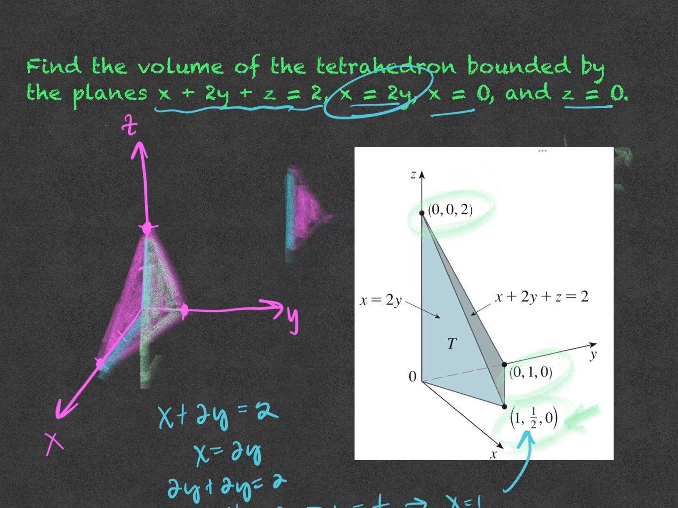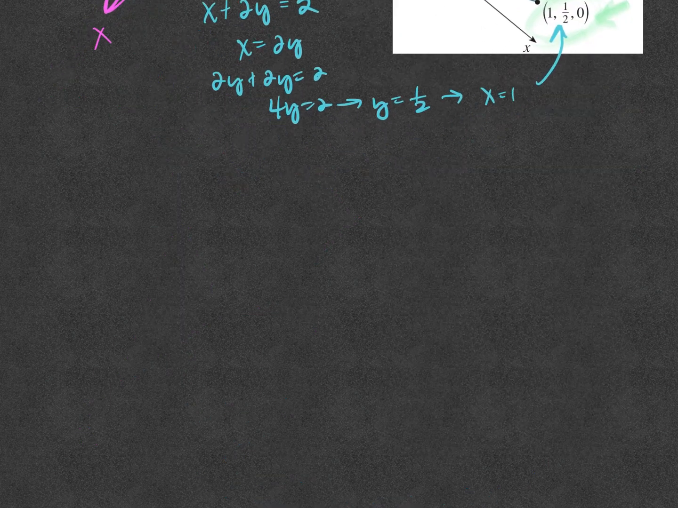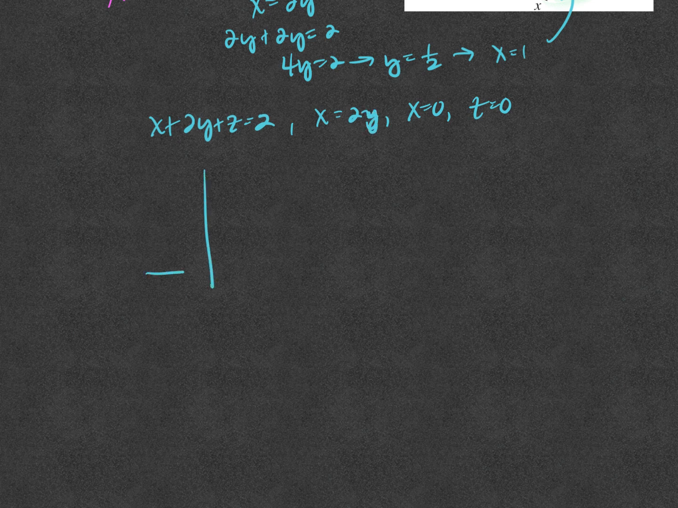So I'm going to copy this equation down a little bit farther down. Let's just bring it in. So we have x plus 2y plus z equals 2, and we have x equals 2y, and we have x equals 0, and we have z equals 0. So if we put this on a flat 2D surface,